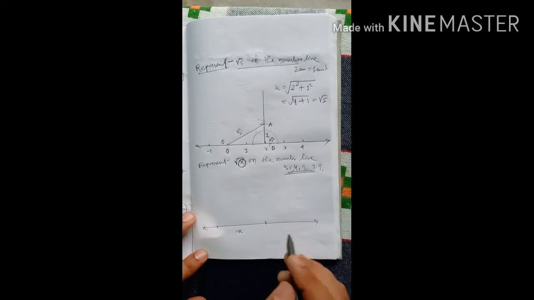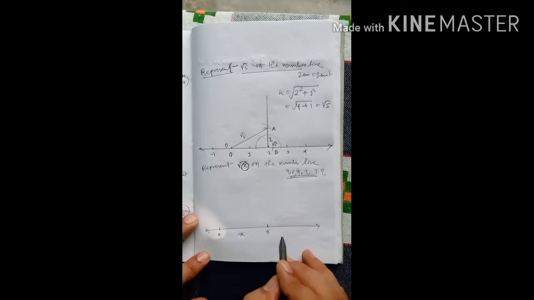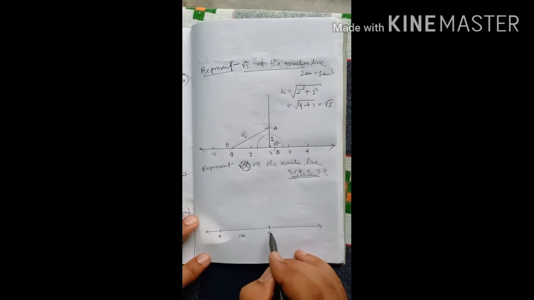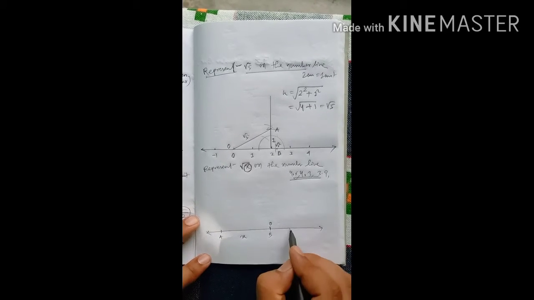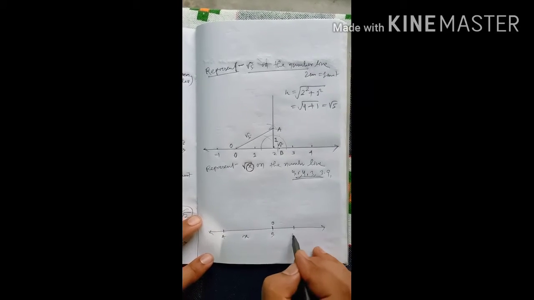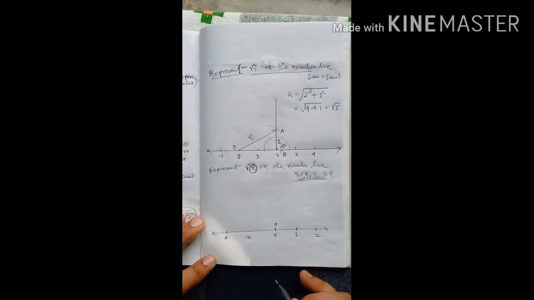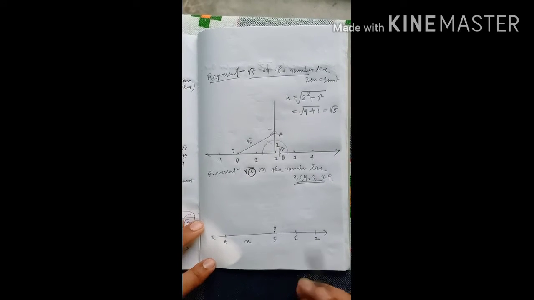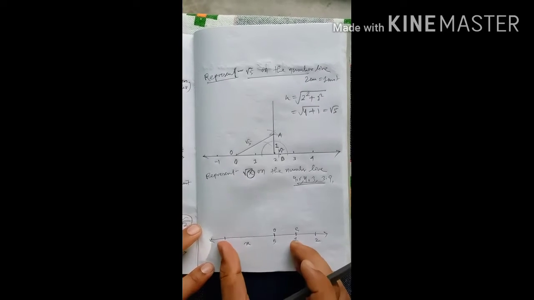Then we will name it AB, and again we will choose 1 unit. We will measure 1 unit, and from B, taking B as 0, we will intersect 1 unit here. So it will be 1. Again if we choose 1 unit, then it will be 2 right now. Then what will you do? Then we will measure this distance. If it is C, then we will measure AC.